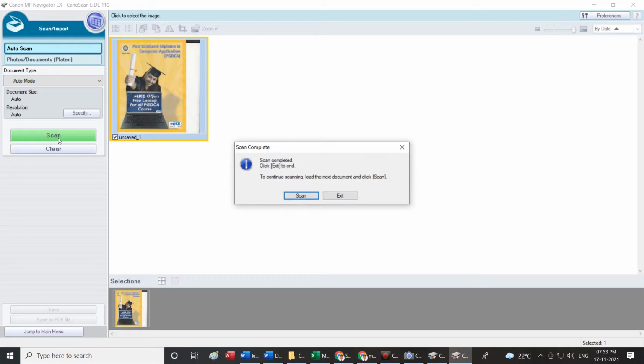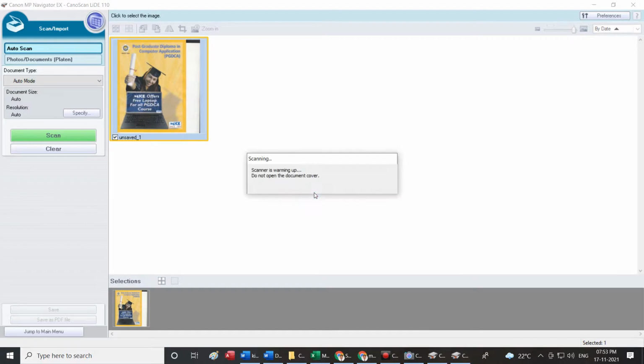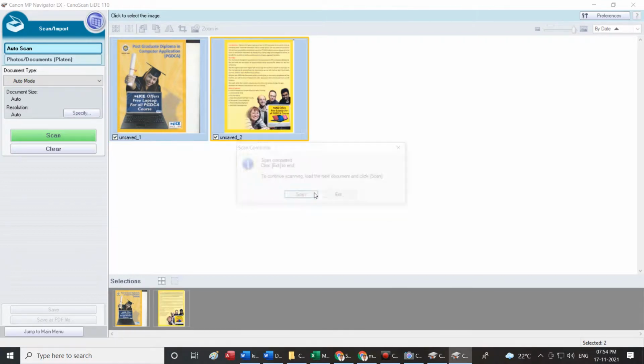I'll just open for the second page. I'll say scan again. I've inserted another image and I am saying scan. It is a 4-sided brochure. I'm scanning it one after the other.